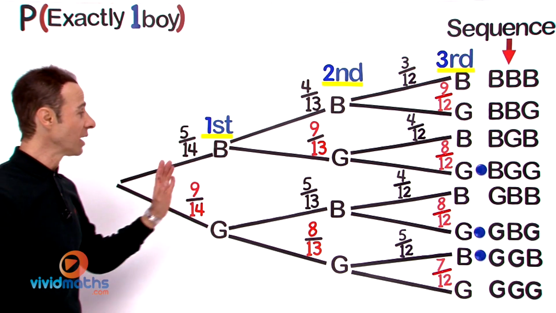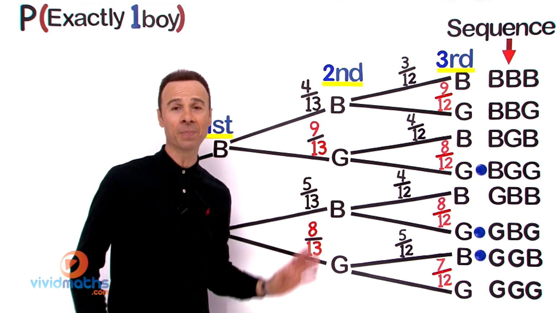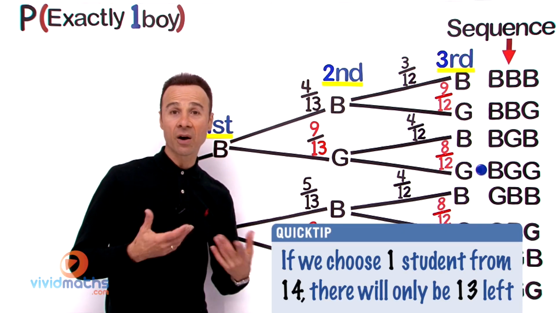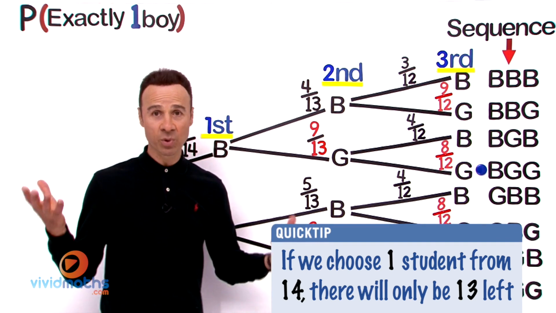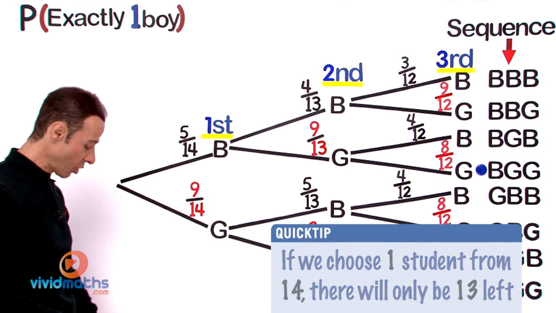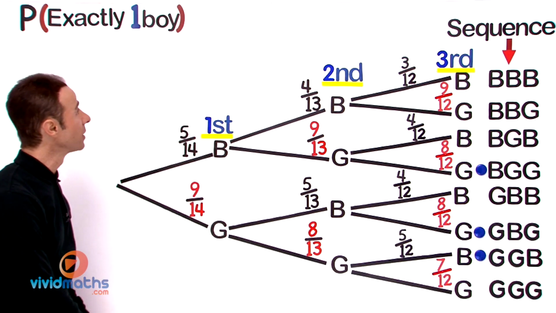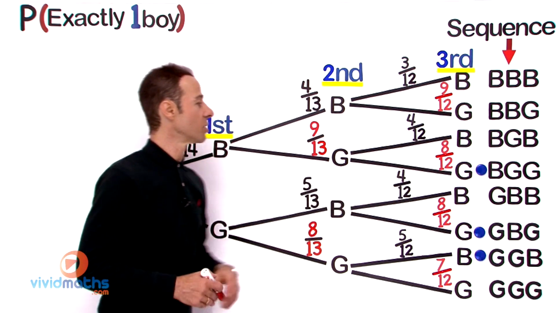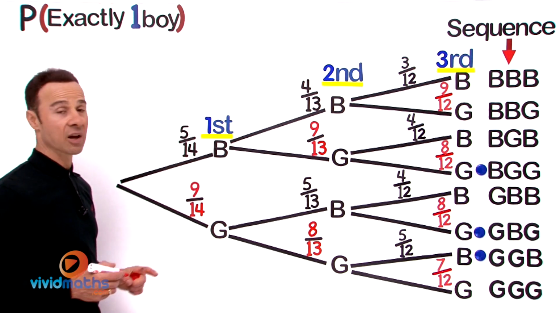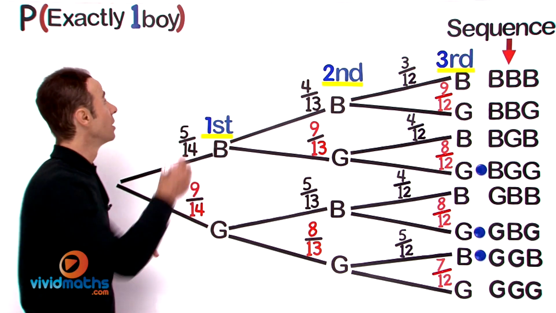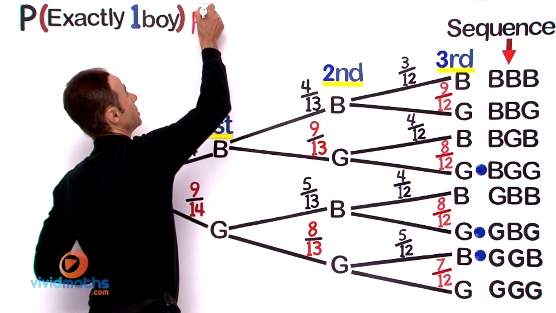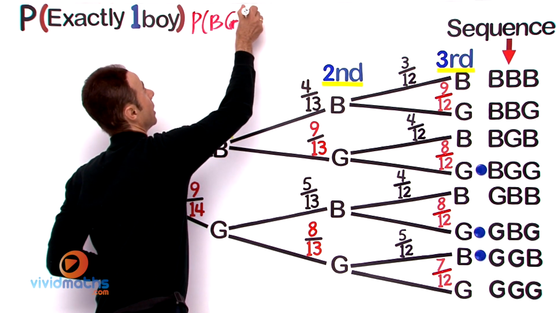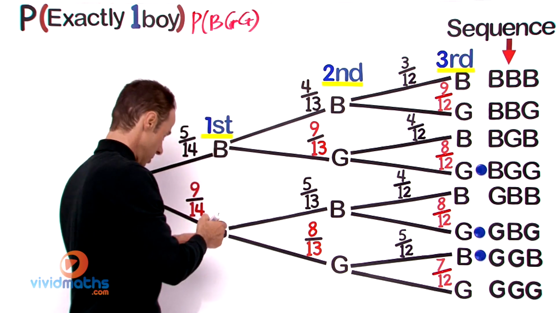Now remember, each time we pick a person, it's dependent and the sample space reduces because of, without replacement. We're not replacing the committee members. So let's write this up. First of all, we're going to have this one over here, boy, girl, girl. So notice what's happening here. We start off with 5 boys. So probability is a boy, a girl, and a girl. Or